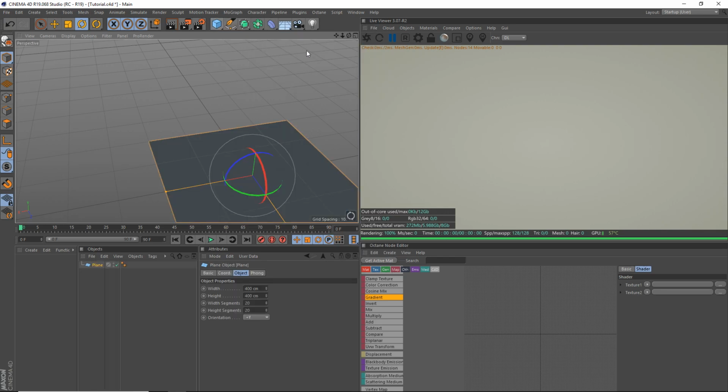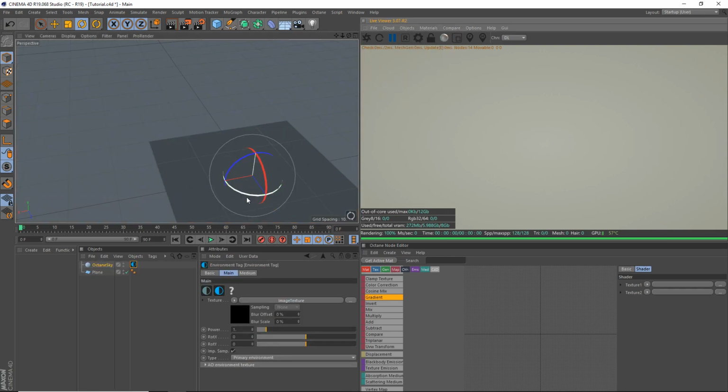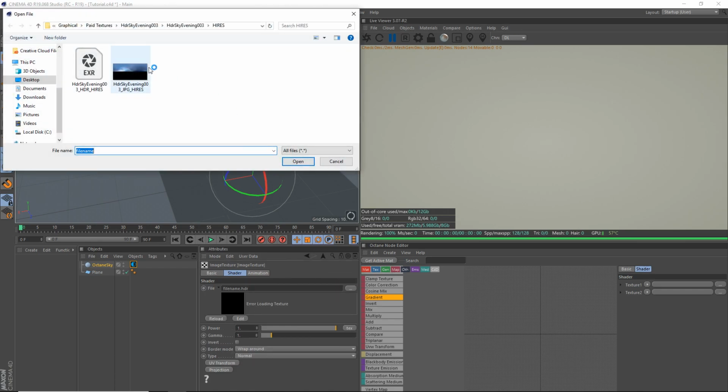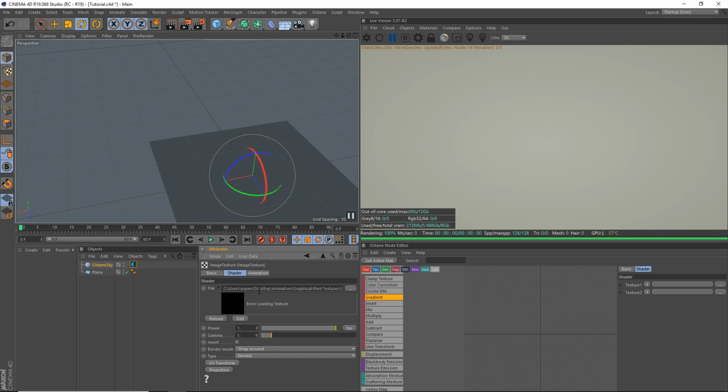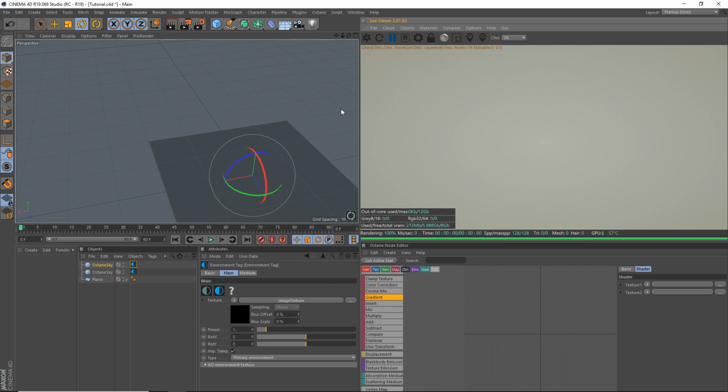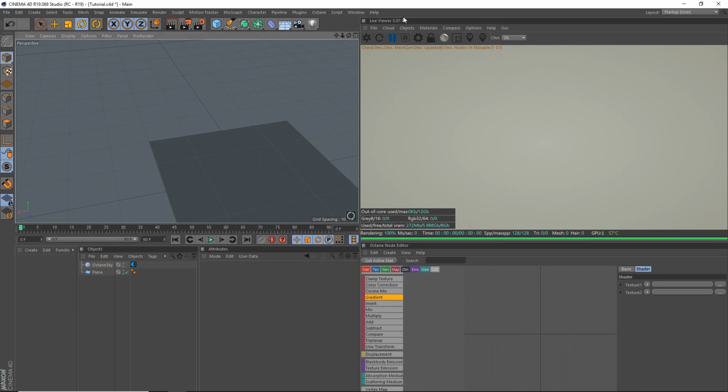So I'm just going to set up a scene here so we can preview the material before we go ahead and make it. I'm just setting up an HDRI here. It's not needed. It's kind of dark. It's just an overcast HDRI. Then I'm going to grab an Octane light,